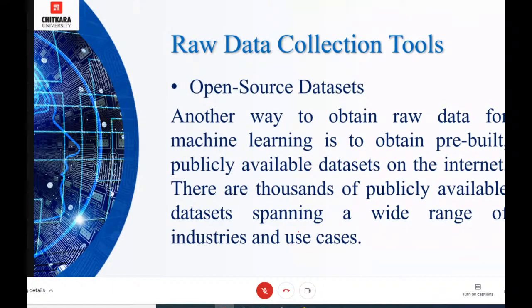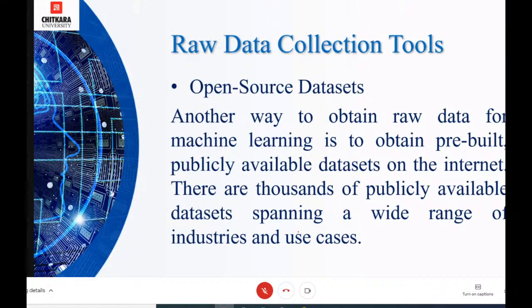We have already discussed that there are two types of dataset. One is primary dataset, and second is secondary dataset. Primary dataset: when you gather the data, when you have collected the data set yourself, that is called a primary data set. For example, if you collected the data of students of a university, this is called a primary data set. But if you consider any data set which was already in any repository, that particular data set is called a secondary data set.